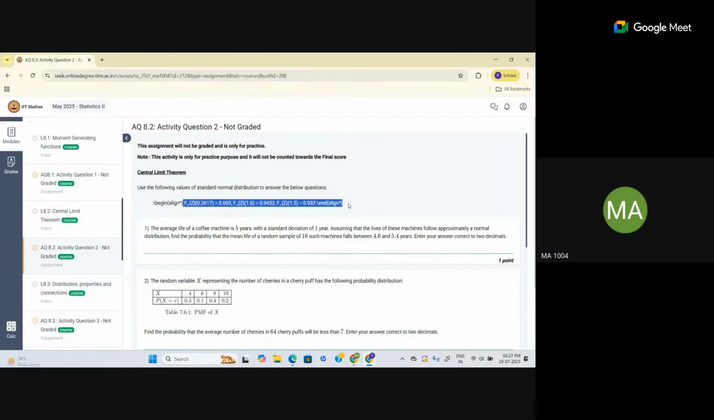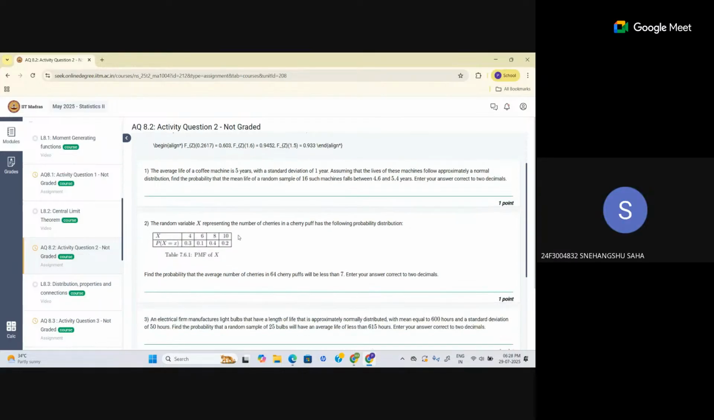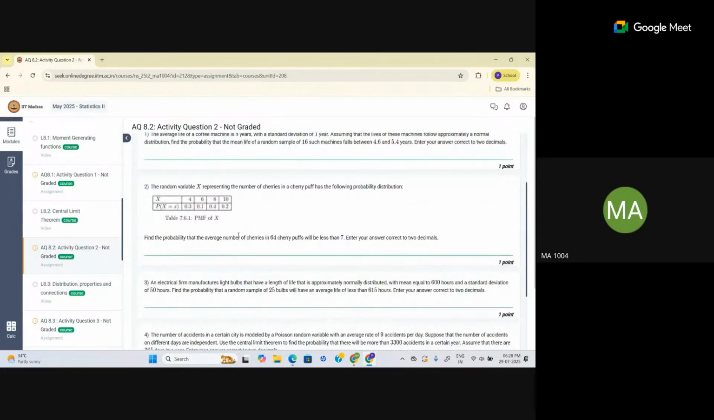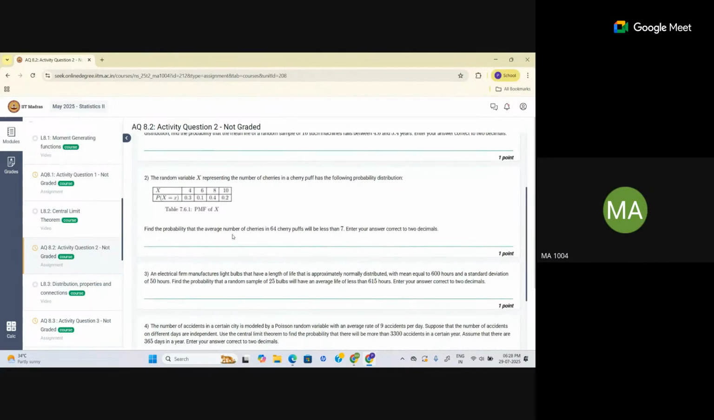Okay, not the data. But what are the values? Complete, this is given. F(z) at 0.2617 is 0.603. Okay, question number two, I could not do. So question number 2 is: the random variable x represents the number of cherries in a cherry puff